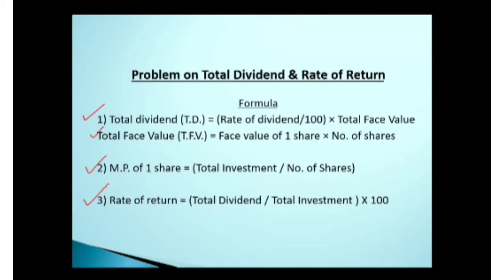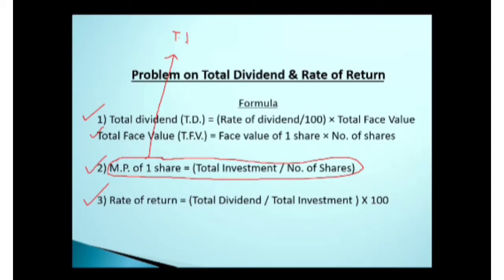Now in this, if I ask you what is total investment, what will be that? From the formula number 2, can you make out what is total investment? If suppose you are supposed to calculate the total investment, because that will be the quantity required. So from here, can you make out what is total investment? I just write down over here, total investment, T.I. See, if this is asked to you, total investment, I'm talking about this particular component. So what will be that equal to?